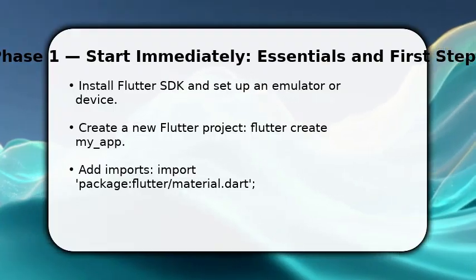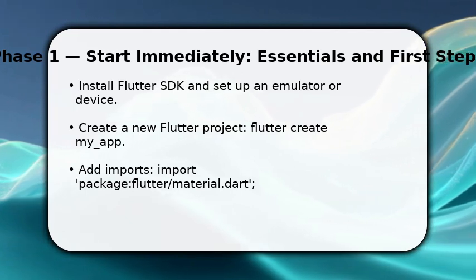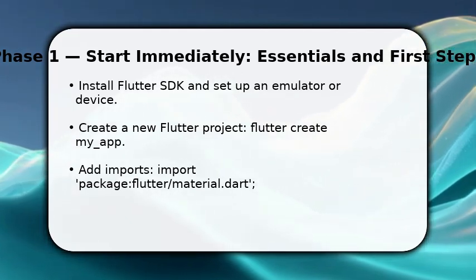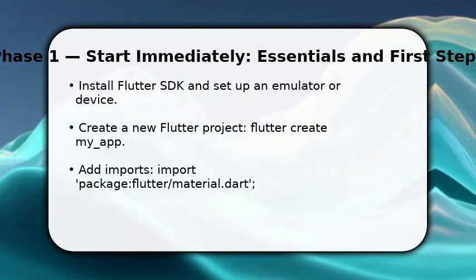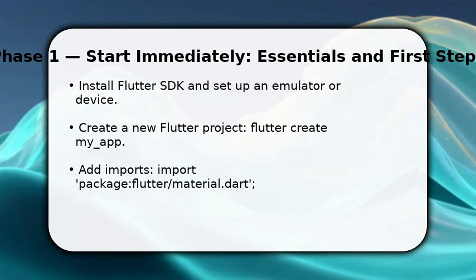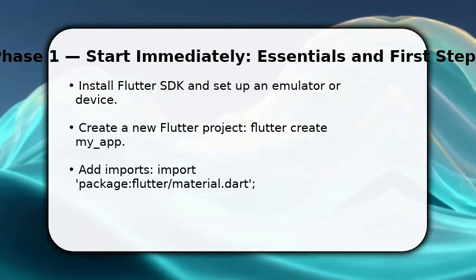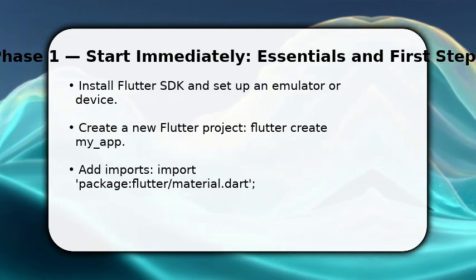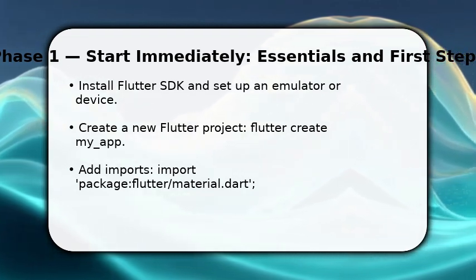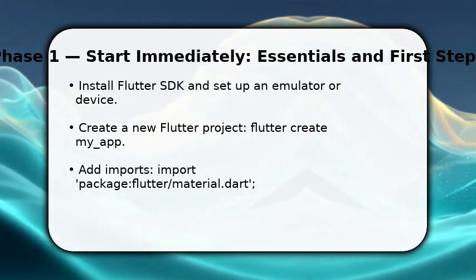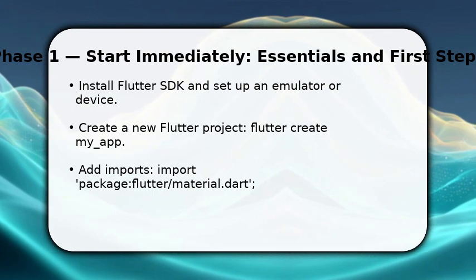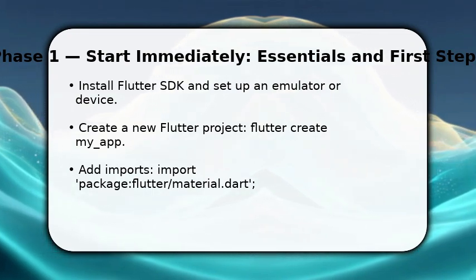You already have Flutter installed and a project open. Now you start by creating the widget that will host your grid. Create a stateful widget or stateless widget, then in build return a scaffold with a body. Once done, decide between GridView.count or GridView.builder. Choose count for fixed column numbers and builder for dynamic lists. Make sure to prepare a data list of items and simple card widgets to render each cell before wiring up